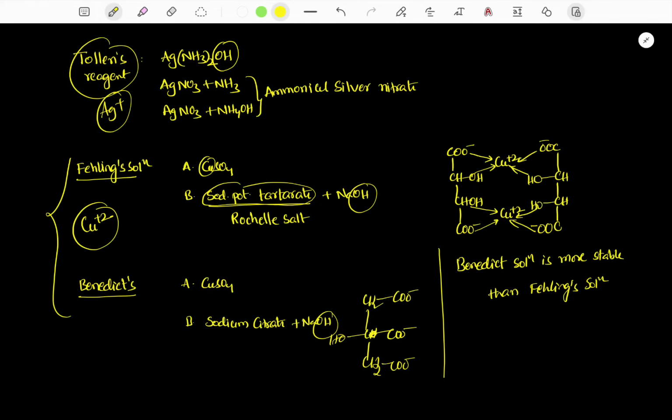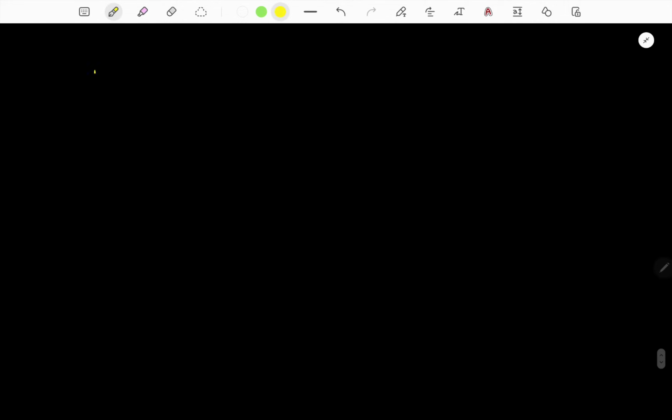Now we talk about our main reactions. Suppose aldehyde is treated with Tollens reagent. Mainly we talk about Tollens first. When it is treated with the Tollens, we have Ag+ and OH minus. So here any aldehyde undergoes oxidation and Ag+ undergoes reduction. So all aldehydes